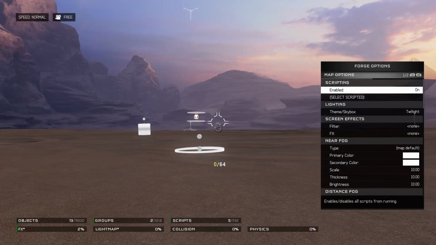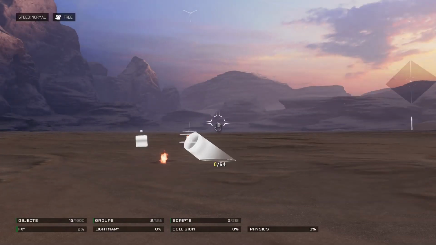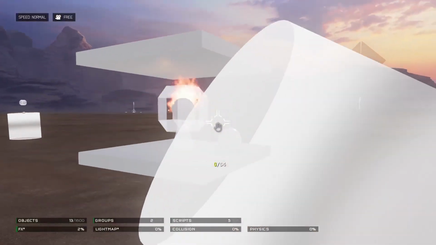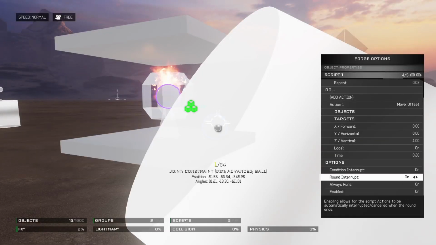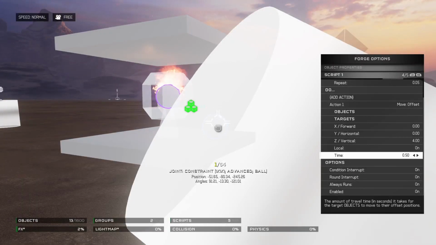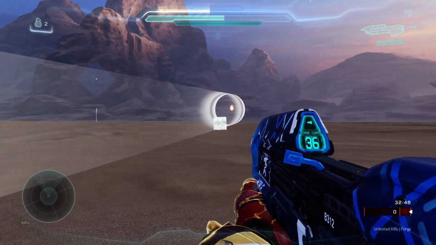And that's what I was talking about with it breaking out. Sometimes it can do that. And it is because it's moving way too fast towards the player. So we're gonna have this set back to 0.5. Now as you can see,